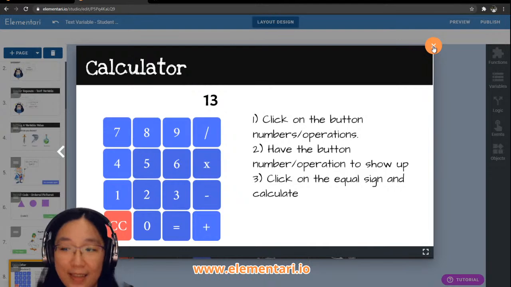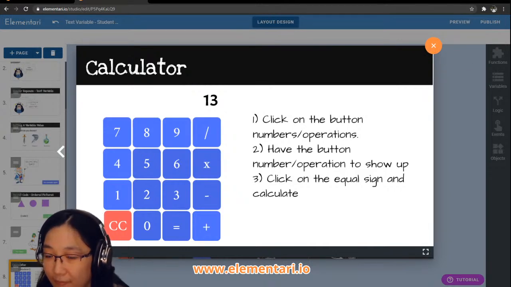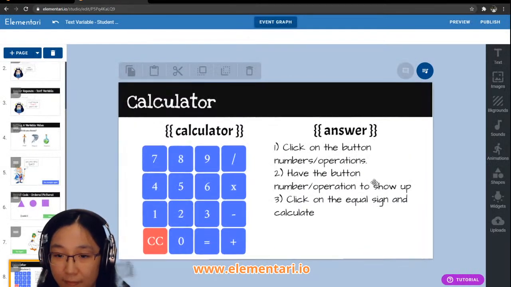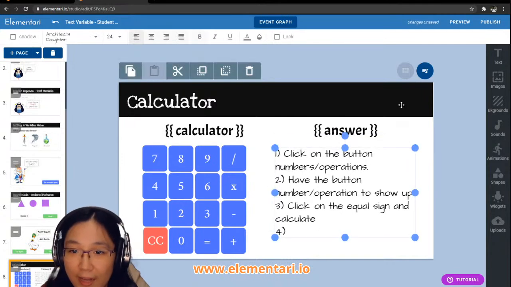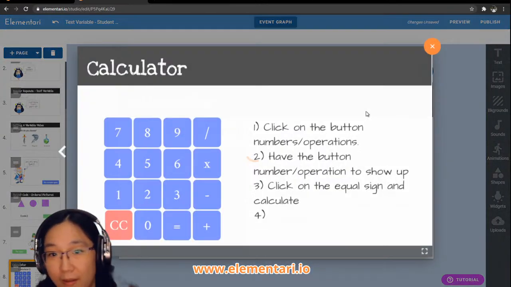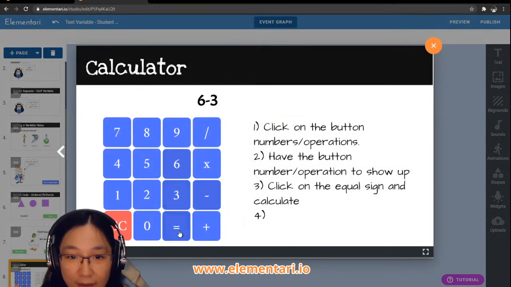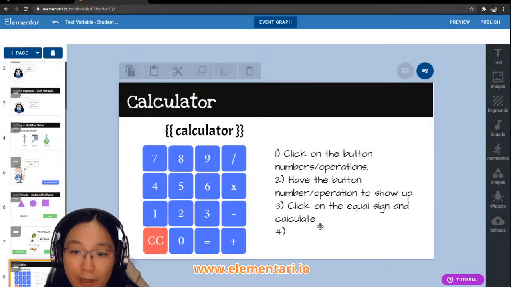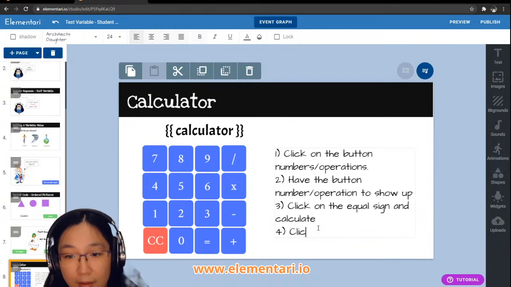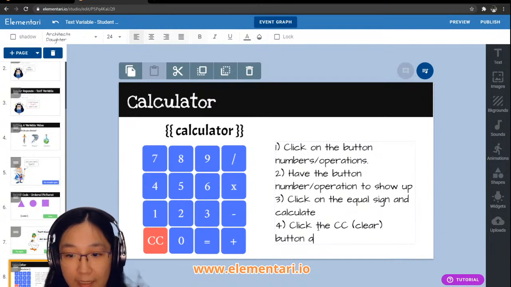Okay, so what's our last step? Well, I mean, we're still missing something. Like every calculator, let me preview. What if I want to start over? Yeah, I need to have the clear button. So it's like CC on most calculators. So CC is our clear button. So we need to code our clear button. So click the CC clear button and